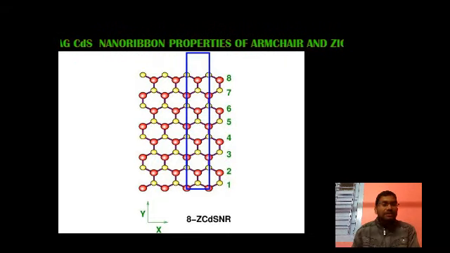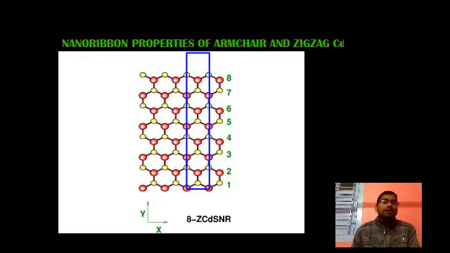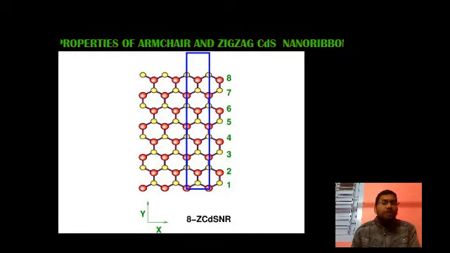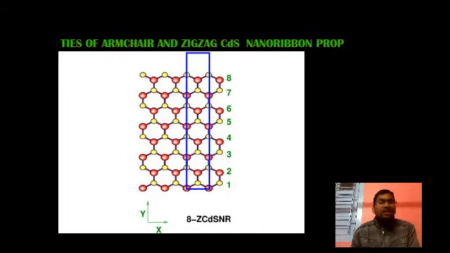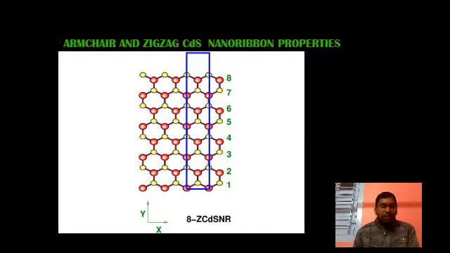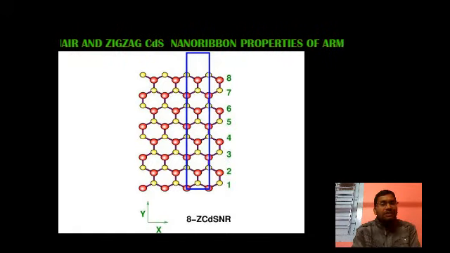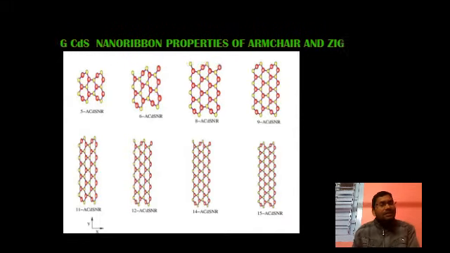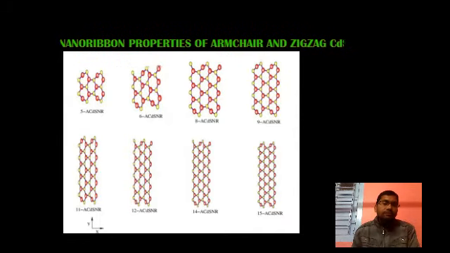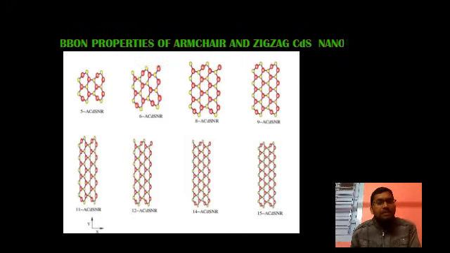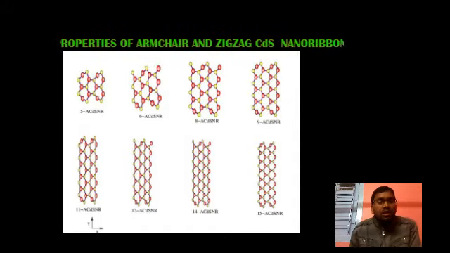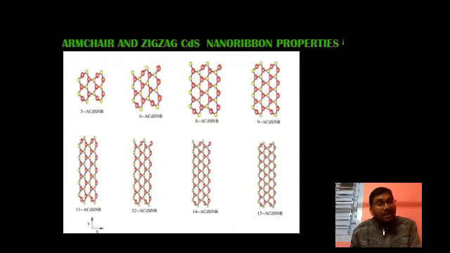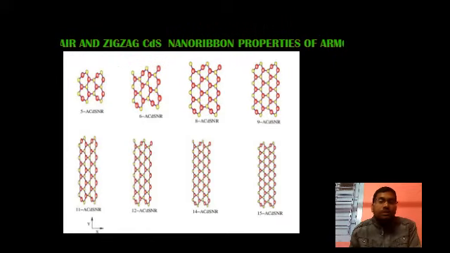So this is the first part, where we used a procedure for naming the width of a cadmium sulfide nanoribbon. I will show how the structures look. This is a relaxed structure. After relaxation, for geometry optimization of these types of structures, one has to use various DFT packages. The DFT package which I have used is VASP.